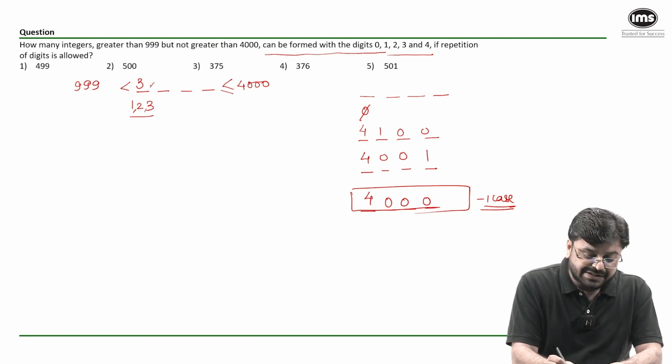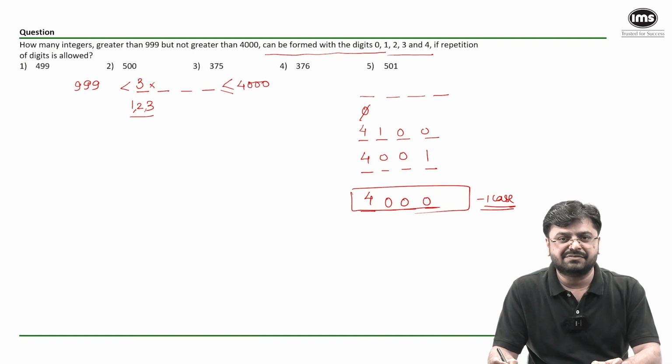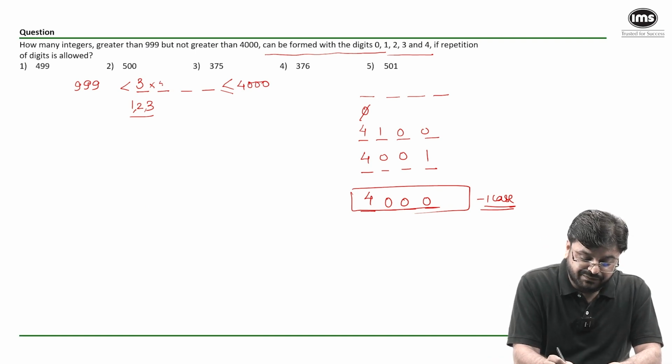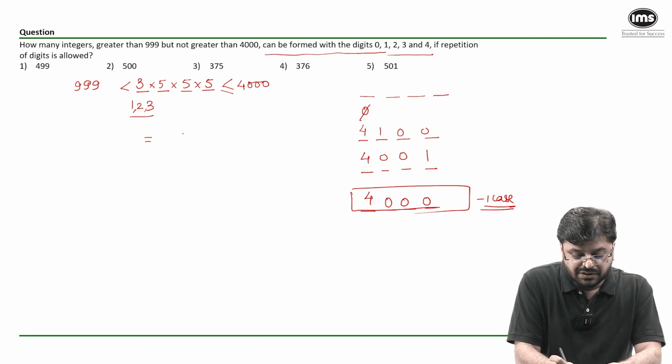And for the other places, there is no restriction because repetition of the digit is allowed. So we can put any of the 5 digits at any of the places, which means the 100th place can be filled in 5 ways, the 10th place can be filled in 5 ways, and the unit place can also be filled in 5 ways. So in all, it will be